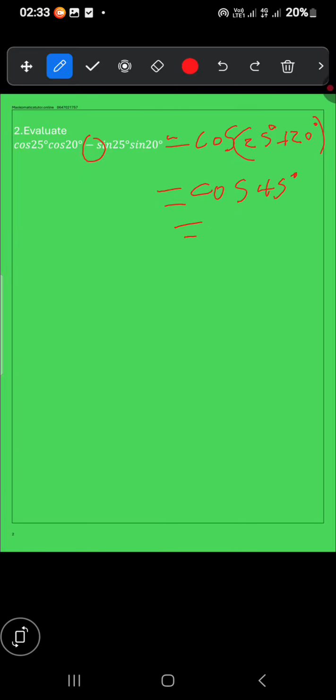Now you have to get the numerical value of cos 45. You can use the calculator or